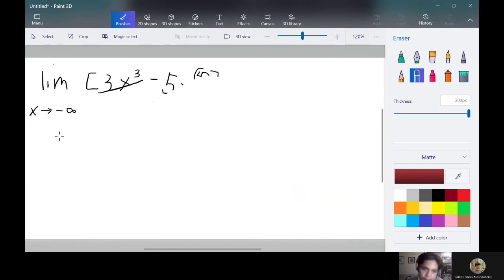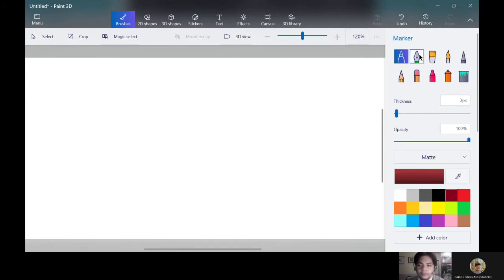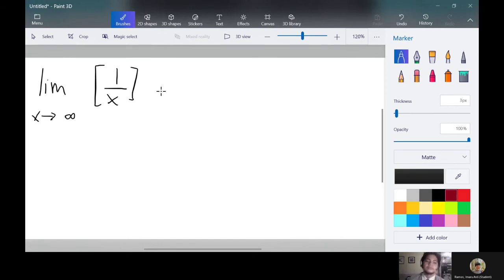Next, for example number 3, the limit of 1 over x as x approaches infinity. Now, in a simpler explanation, the limit of 1 over x as x approaches infinity is equal to 0,